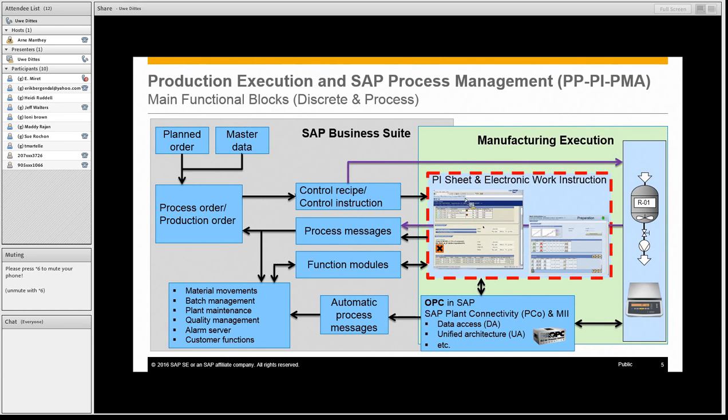What you see here is, let's say, our famous browser-based PI sheet. What you'll see next is an electronic work instruction, which has some different coloring and a different layout, but from a technical perspective, both PI sheets and electronic work instructions use the same frameworks and the same functionality. We also have the possibility to provide information to the process control system you see here. And when we get the data back to the ERP system, of course we have process messages in PP-PI,